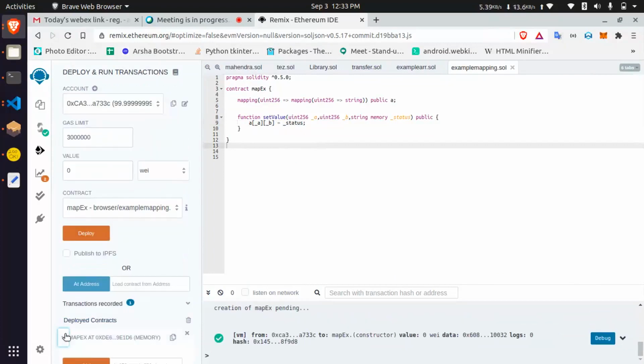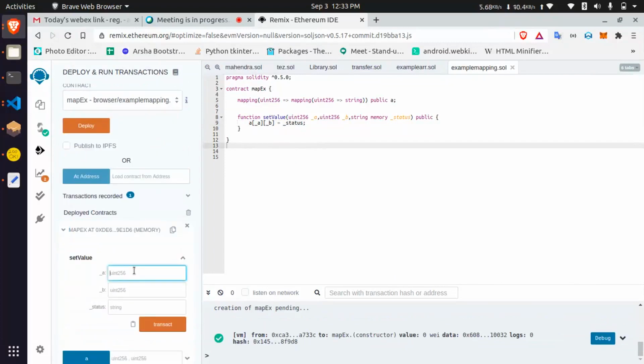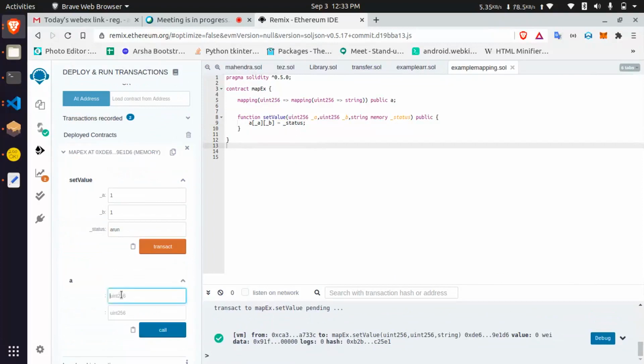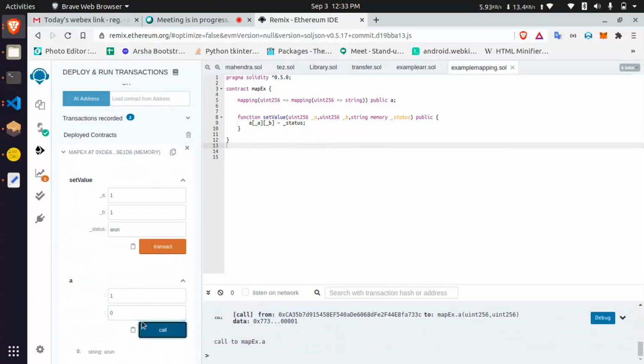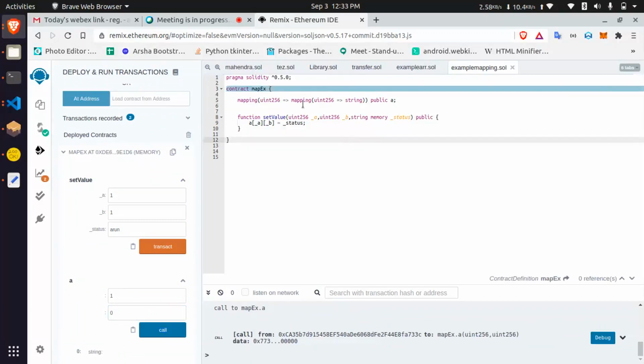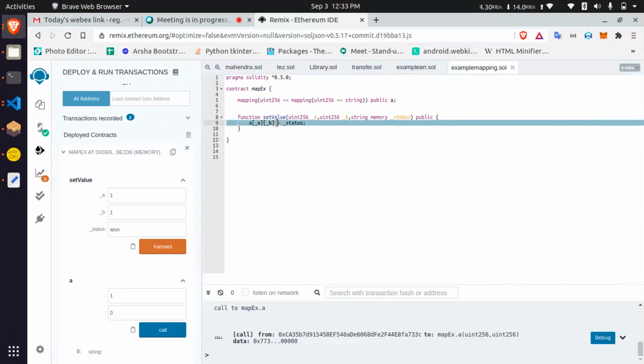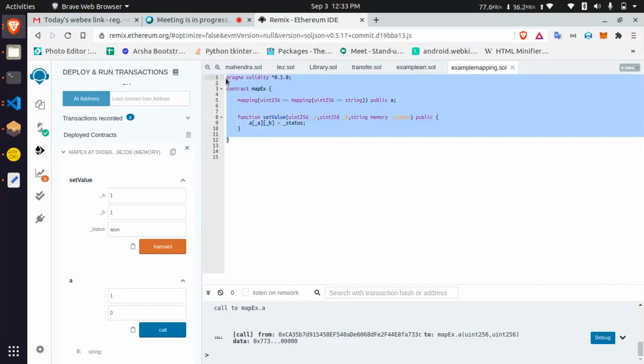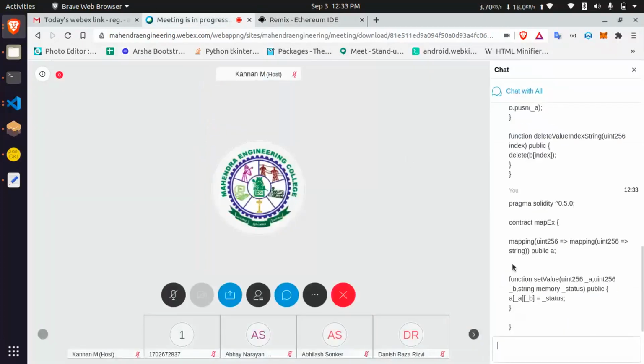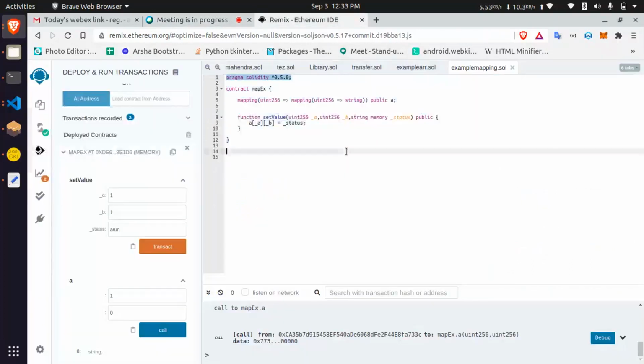Deploy. Let's say I add 1, 1 with value R1. If you query with 1, 1, you get R1. If you give another index, something else, it won't give anything. This is how you can use two, three or four, multi-dimensional also. Let's share this file to your chat. For one dimensional, I will revert these changes and give it to you.